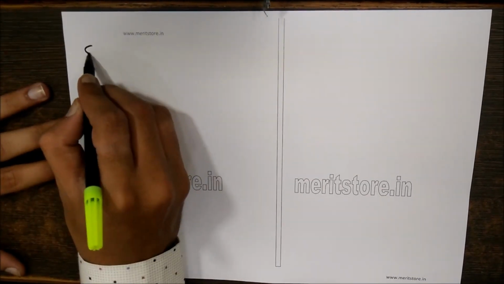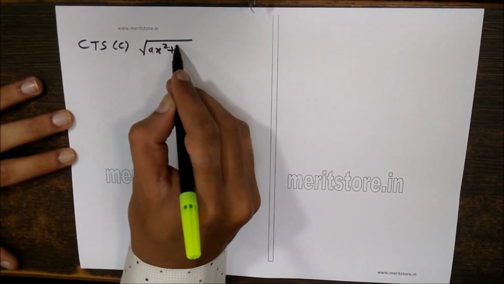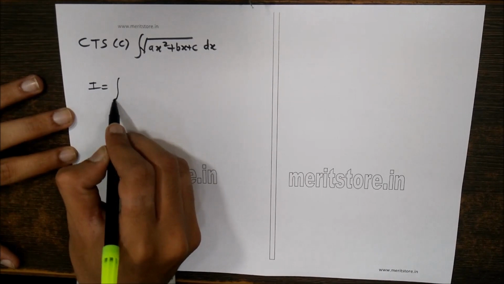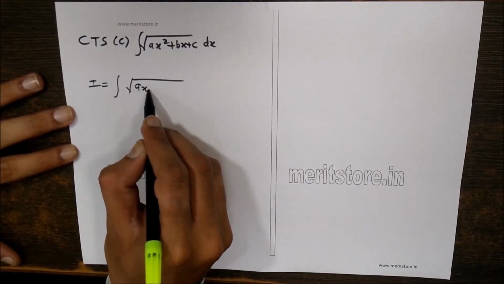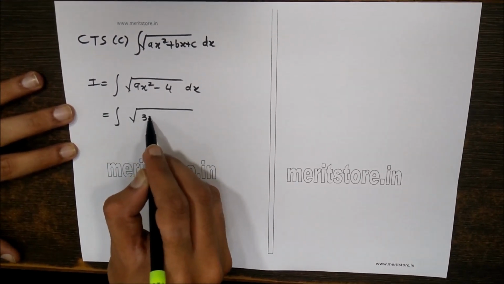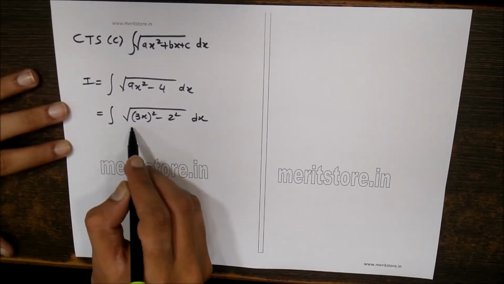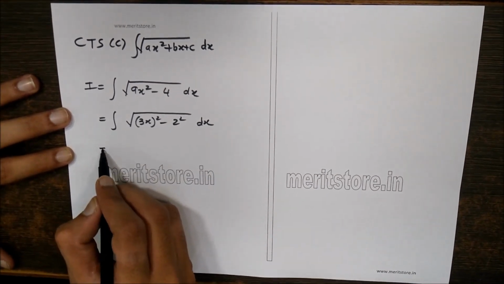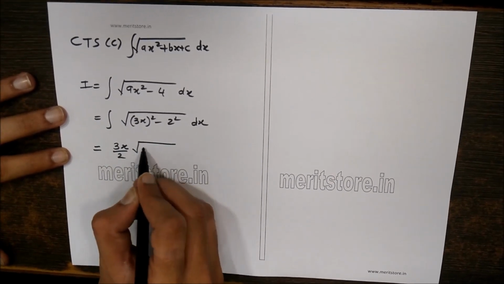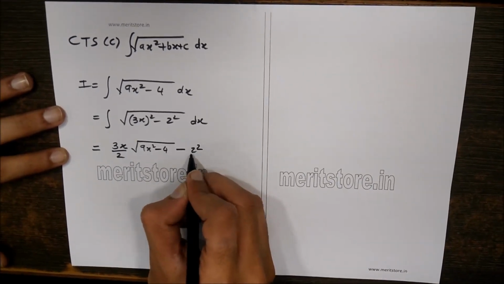Next type, this would be CTS type C of the category root of ax square plus bx plus c. Taking an example, say integral of root of 9x square minus 4 dx. In this case, we can write this as 3x the whole square minus 2 square. Applying the formula of root of x square minus a square, we'll get the answer as x upon 2 into the square root of the question, minus a square upon 2